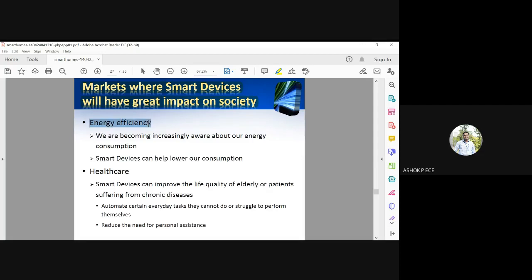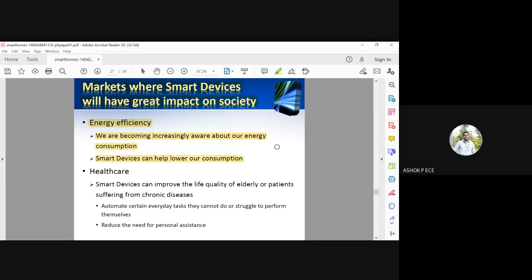First, energy efficiency. There is always a huge consumption of energy in our country, especially as the population is very, very high. So we have to ensure that whatever process we undergo, we optimize or lower the energy consumption. If you take it that way, these smart devices can definitely help. They will lower your energy consumption because these devices will act only when required. When nobody is in the room, the lights need not be on, the fan need not be on. So even if you forget to turn off the fan, these smart devices will turn it off automatically.